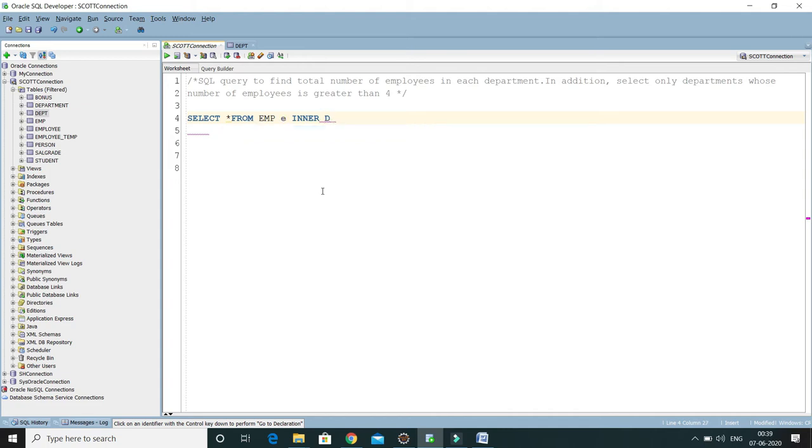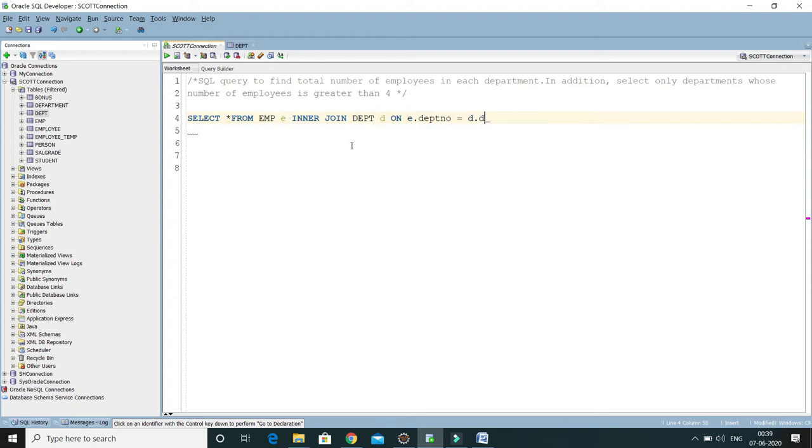Inner join DEPT D, and we have to write ON, where we can supply the joining condition, so E dot department number equals D dot department number.